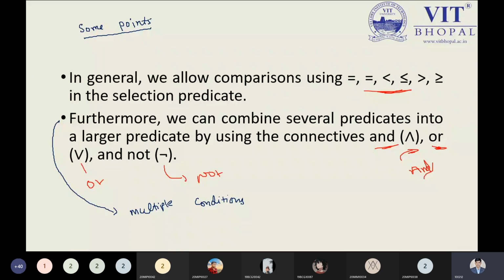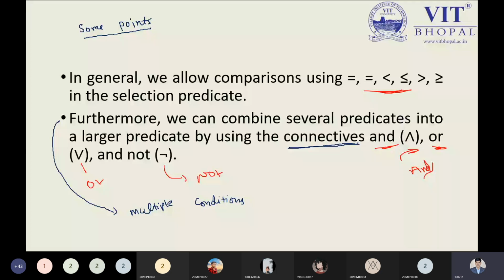So I'm putting two conditions: one condition on the age attribute, the other on the branch. For this we have the operator AND, which joins the conditions. We can also use the OR operator and the NOT operator. So all with the help of the connectives we can use our information properly. This is an important thing you have to keep in mind.